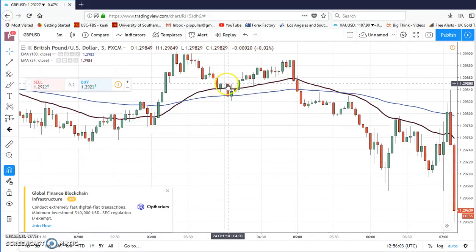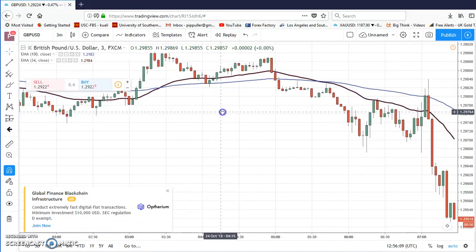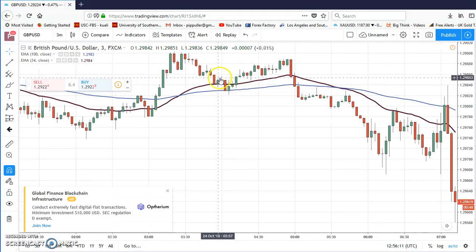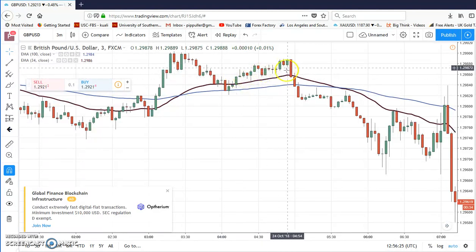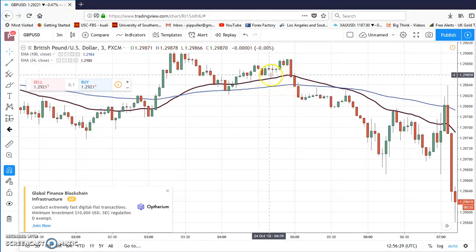This didn't quite make it, because it didn't even make it halfway, or even it did. So maybe that one I wouldn't get in. I would probably get in on this one, most likely this one. So I would probably get in on this candle right here at the close of this candle, and probably get out here. That would have been a losing trade, definitely a losing trade if you wait until it breaks the second